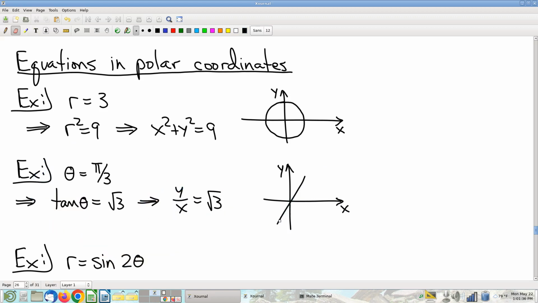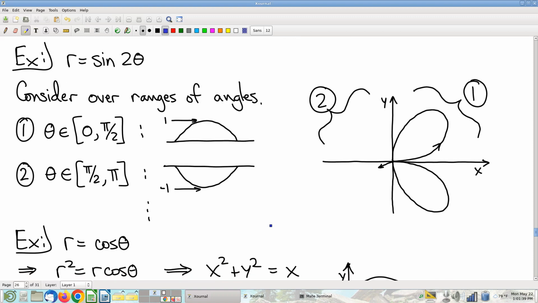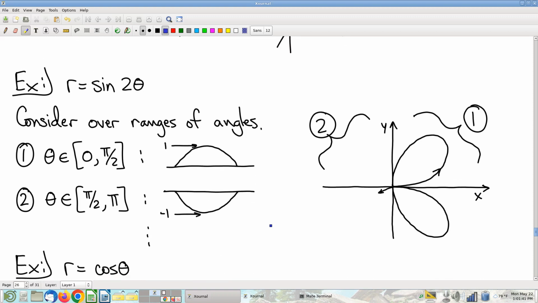Okay, all right. Now here's one that's harder. This one you can't really do algebraically, at least not in practice. But let's try to understand this equation here: r equals sine 2 theta. Sometimes you just have to go through and plot points. Rather than plotting actual points one at a time, a finite number of points, I like to think one group of angles at a time. This is just a point of view, but let's think about one quadrant at a time, if you will. So as theta goes from 0 to pi over 2,